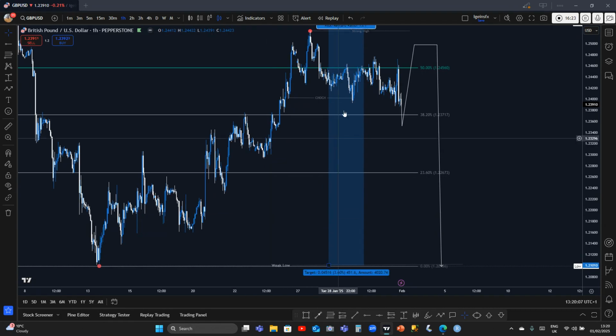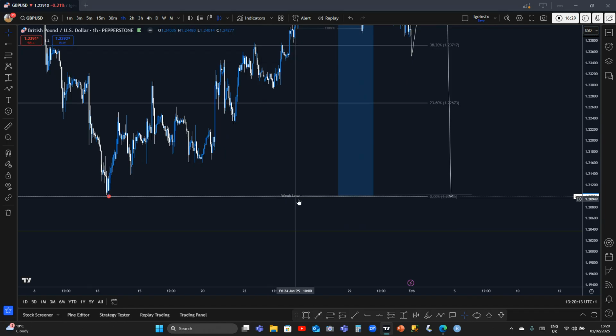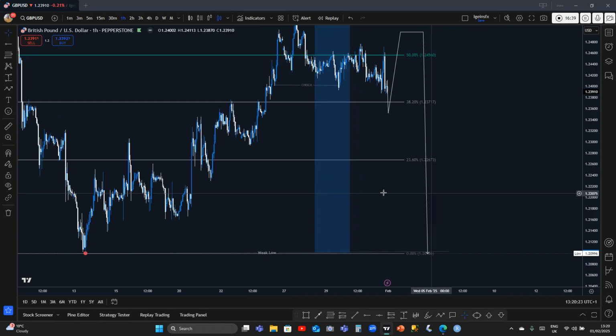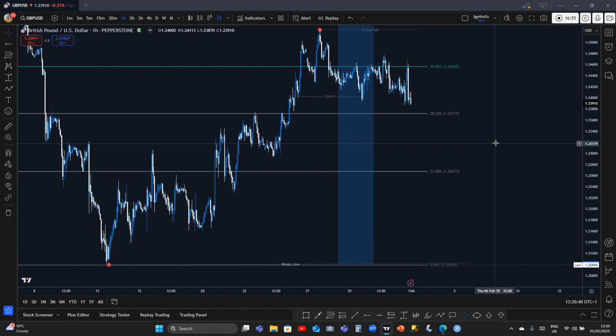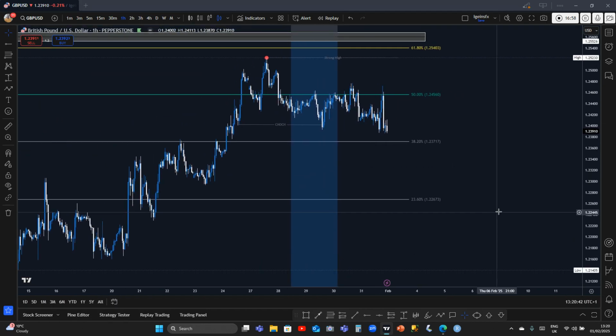So because we are bearish, the weak low has to leave, has to give way. So all this movement, price will now start breaking the structure again to the downside. So before we can jump into this push to the downside, we are going to wait for price action to give us